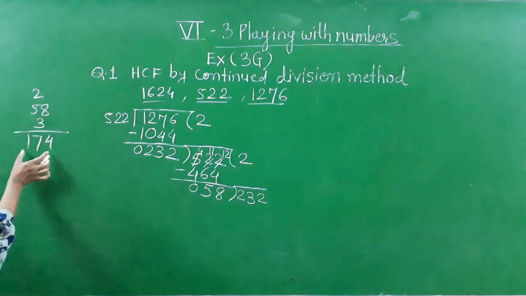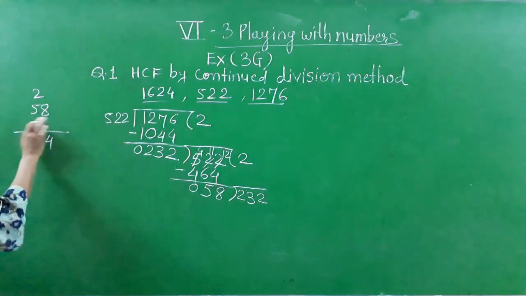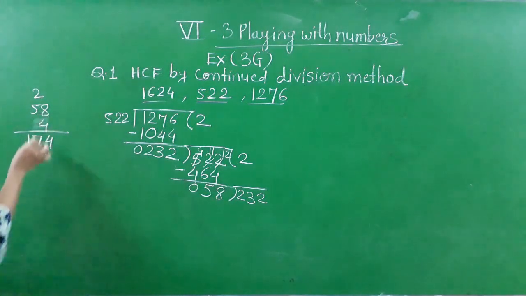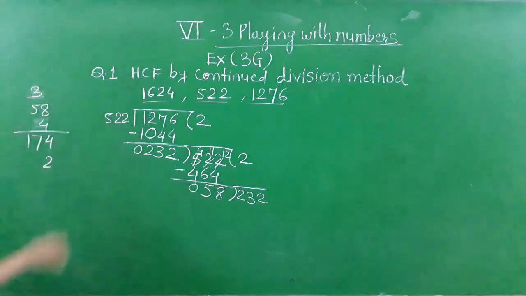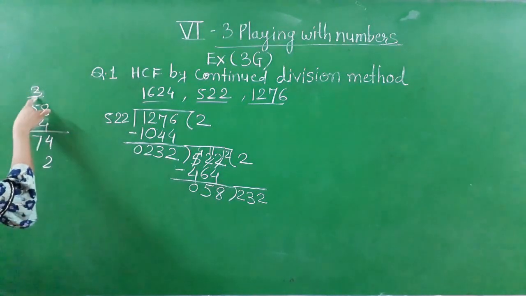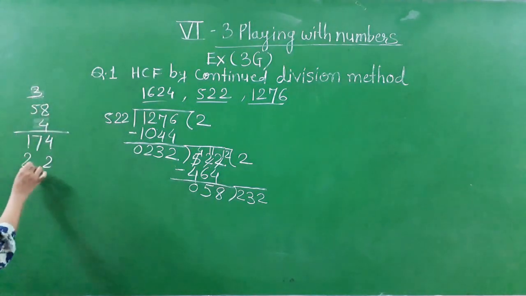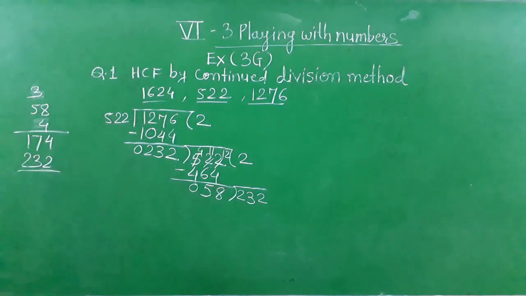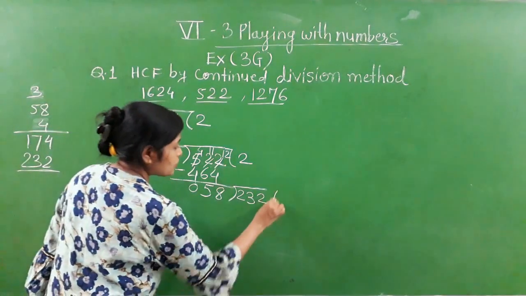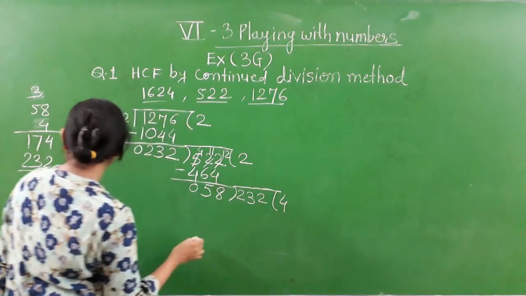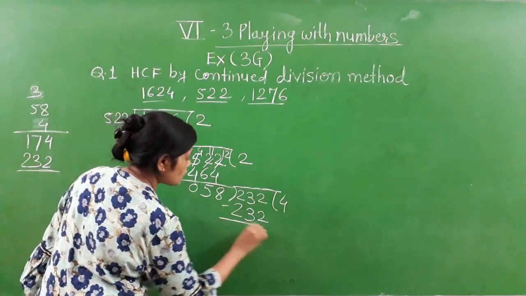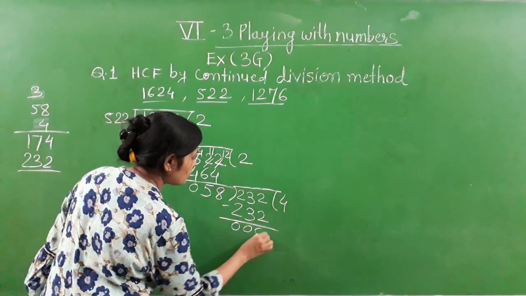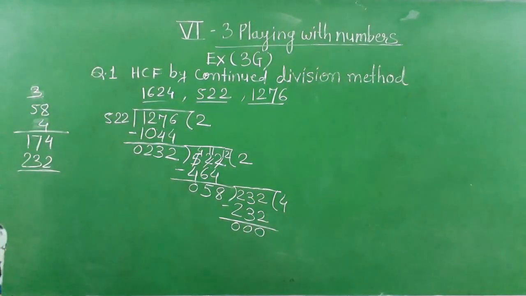Okay. So this number is smaller, we can try 4 also. So we'll try 4. 8 4s are 32, 2 here, 3 carry. Then 5 4s are 20, 21, 20 and 3, 23. This number is there, means what we'll get? 4s are 232. This answer we will get, in this way we'll get the remainder, that is 0.